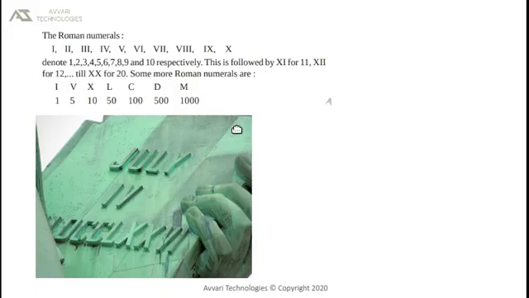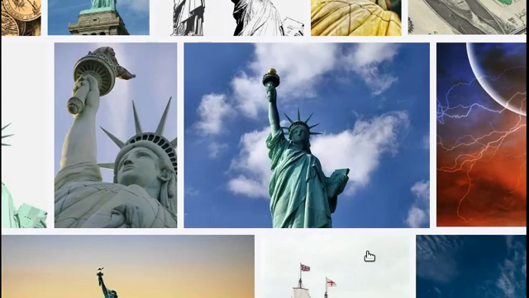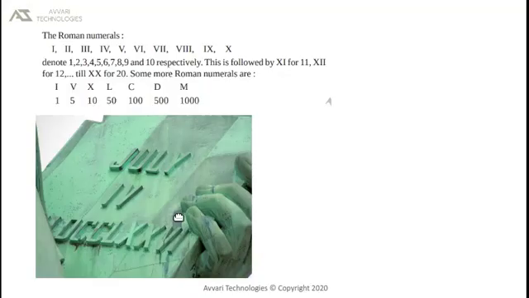Now let us see a well-known example. I hope you have already seen the Statue of Liberty. You can notice a book in the Statue of Liberty. In that book, numbers are written in Roman numerals. Now let us decode it. M is hidden here. This is actually M. So M represents 1000 plus D represents 500. Right to D we have C, 2 C's. C represents hundreds.